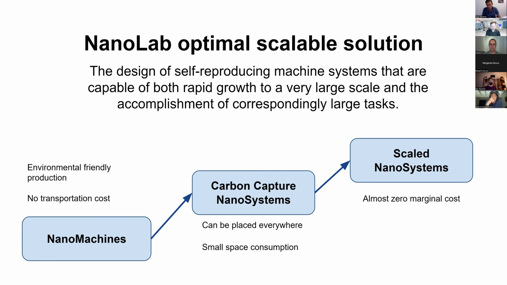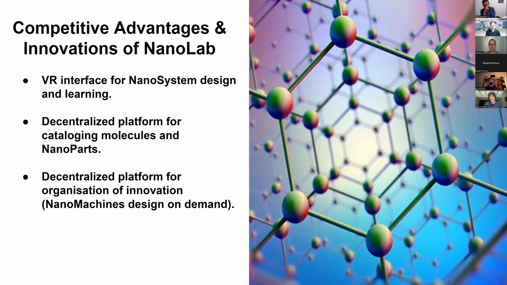So what needs to happen is first nanomachines are created, then they're used to build carbon capture nanosystems, that is specialized molecular machines which can take a molecule of carbon dioxide from the atmosphere, then strip the oxygen atoms away, put the carbon somewhere in a chain or in a sheet like graphene or in something like a diamond, and then release the oxygen. Then we need to scale that. We need to have the nanomachines replicate themselves like certain molecules can. It's of course much more complicated, but potentially possible. It's just an engineering problem, not a scientific problem.